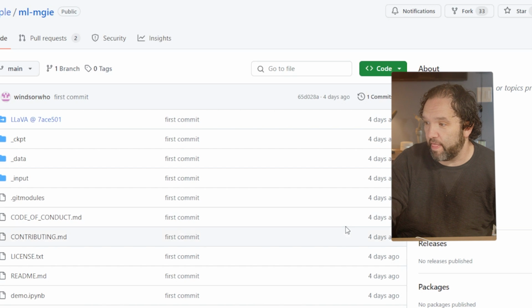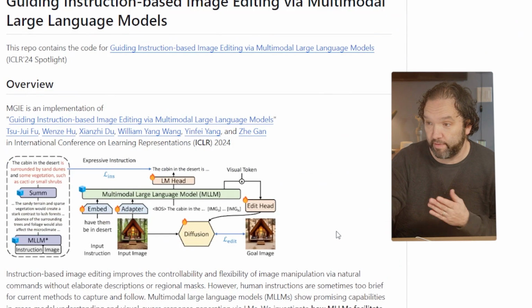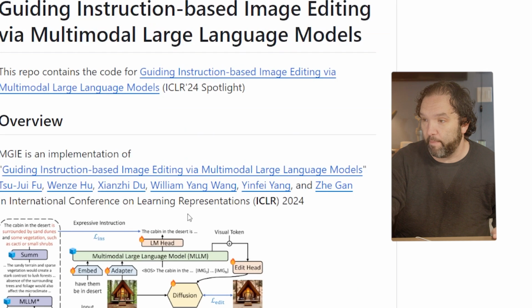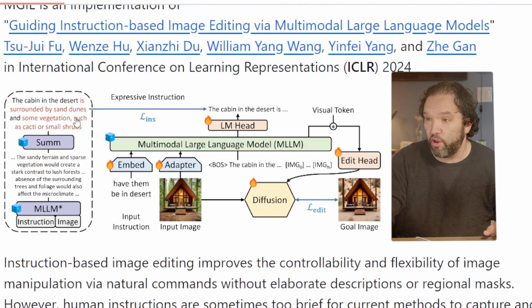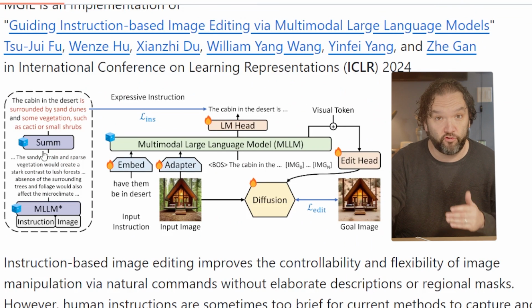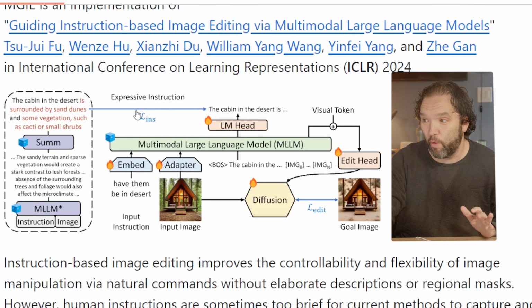How does it work? Well, MGIE's magic lies in its use of MLLMs, which are adept at processing both text and images. If you look right here in their GitHub repository, you'll see exactly what I'm talking about. You enter a text prompt, just like in any of the other ones. You have an image that you're giving it as well with a text prompt, and you see right here that it's a forest, and then you see the cabin in the desert is surrounded by sand dunes and some vegetation,